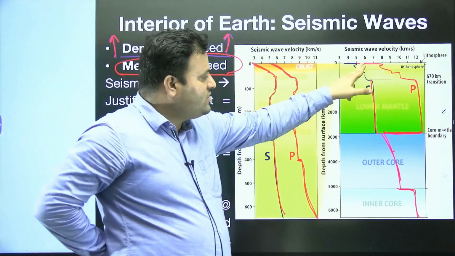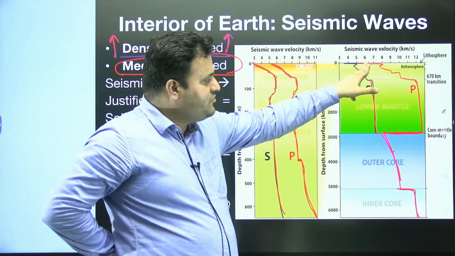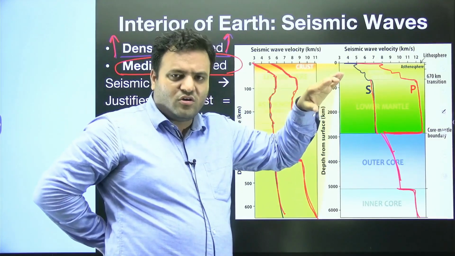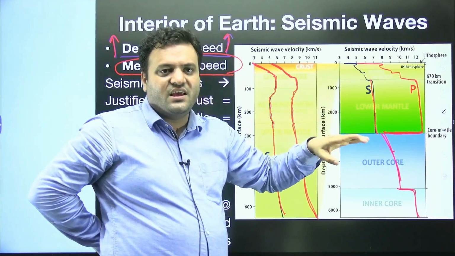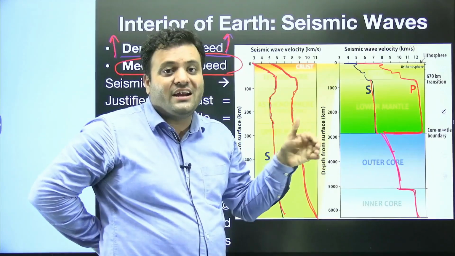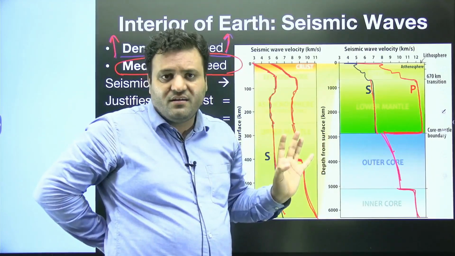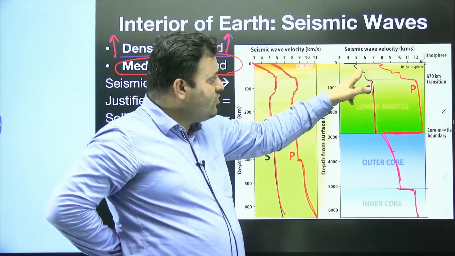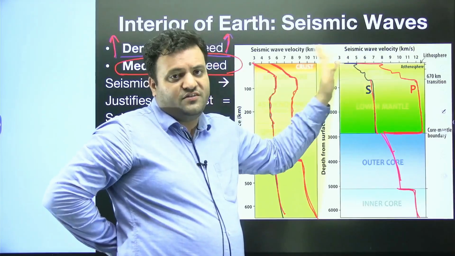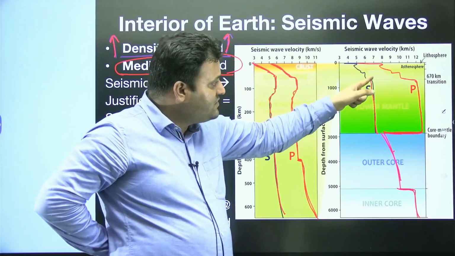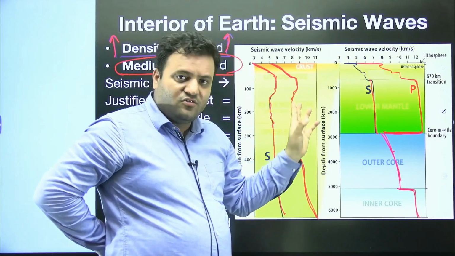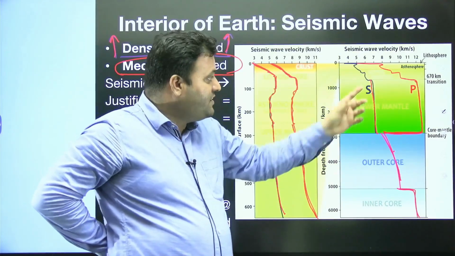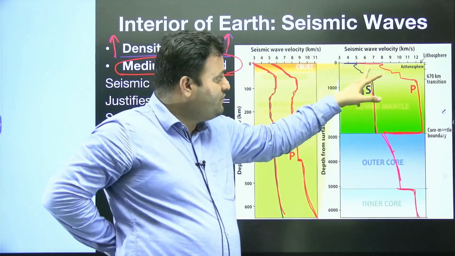Here in this image you will see the lithosphere. So in the lithosphere we have some sort of increasing density as you move from the crust up to a depth of 200 kilometers. We have increasing density of rocks, and as the density of rocks is increasing, the velocity of seismic waves is increasing. Then suddenly we have the asthenosphere. The asthenosphere is plastic, the medium is different. If the medium is different, the speed of both waves will reduce.